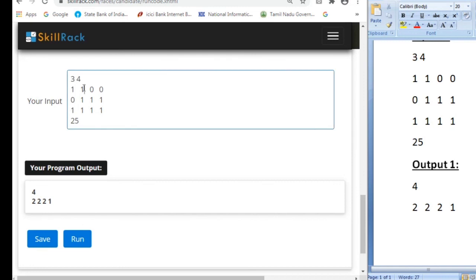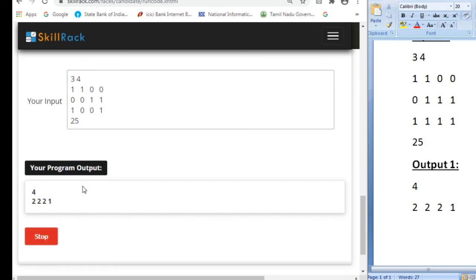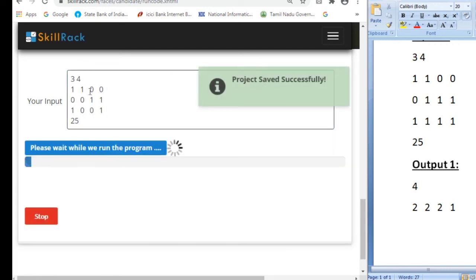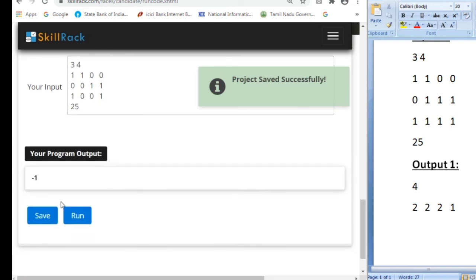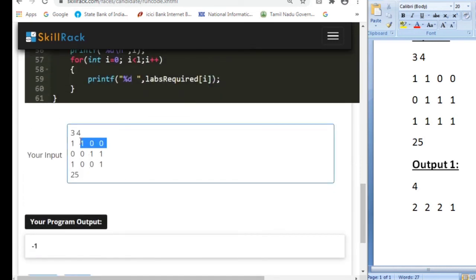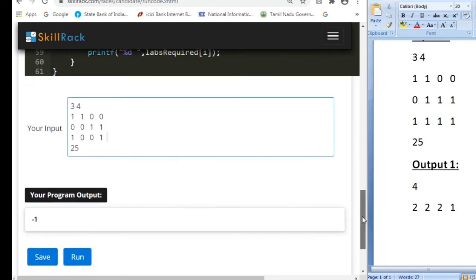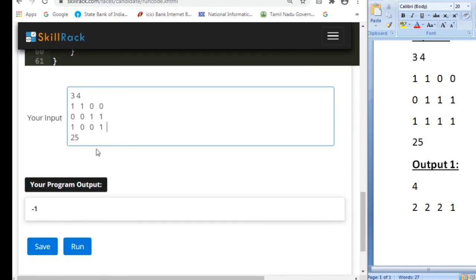So in every iteration let us make equal number of working and faulty machines. So what would happen is the practical examination could not be held. So in this case the output should be -1. So let us see what we are getting. So we are also getting -1 as our output, because all the laboratories are invalid, because in none of the laboratory the number of working machines is greater than the number of faulty machines. So practical examination could not be held in this premise. So this is the logic behind today's daily challenge.